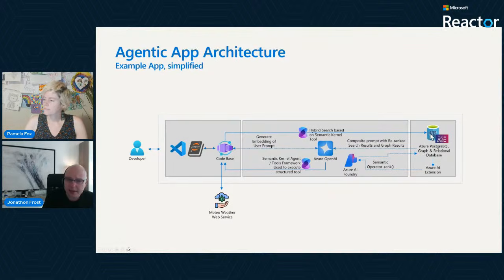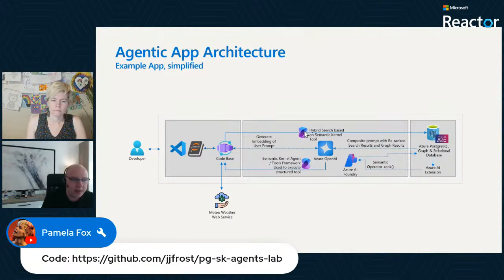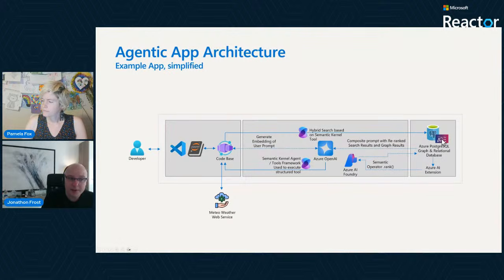A couple of key things here is that we're, of course, as I mentioned, using semantic kernel, and we are using the agent framework with that. Along the way, then we're creating multiple agent plugins and function tools that are able to perform different actions. For example, we're using the AGE extension for Azure Postgres to provide graph capabilities in order to demonstrate a simple GraphRAG concept.